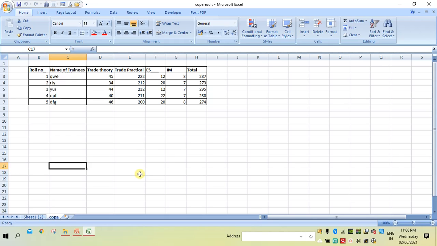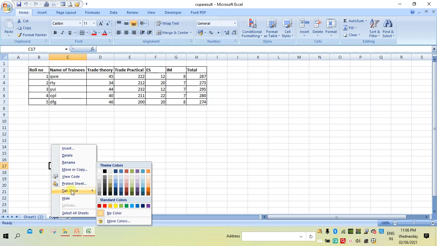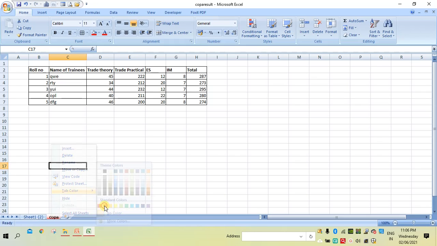Now let us see how to give color to a sheet. For example, if you want to give a color to this sheet, right click, then select tab color, and from this theme you select any one color for your sheet tab. I select red.